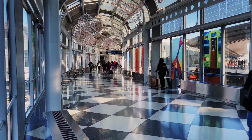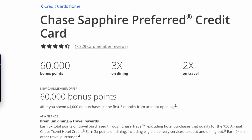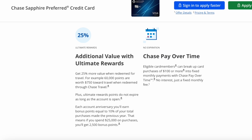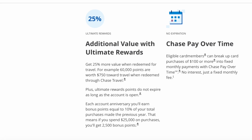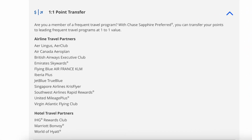If you have a credit card that gives you points from everyday spending, like groceries and eating out, just use that card daily to accumulate points. For example, one of my favorite travel cards, the Chase Sapphire Preferred, gets you 3x points on dining and 2 to 5x points on travel-related expenses. Plus, if you redeem your points through the Chase Ultimate Rewards portal, they're worth 25% more for anything travel. You could also transfer them to one of Chase's airline or hotel partners for greater value. Either way, you can cover flights, hotels, rental cars, and other travel costs with your points without spending any money